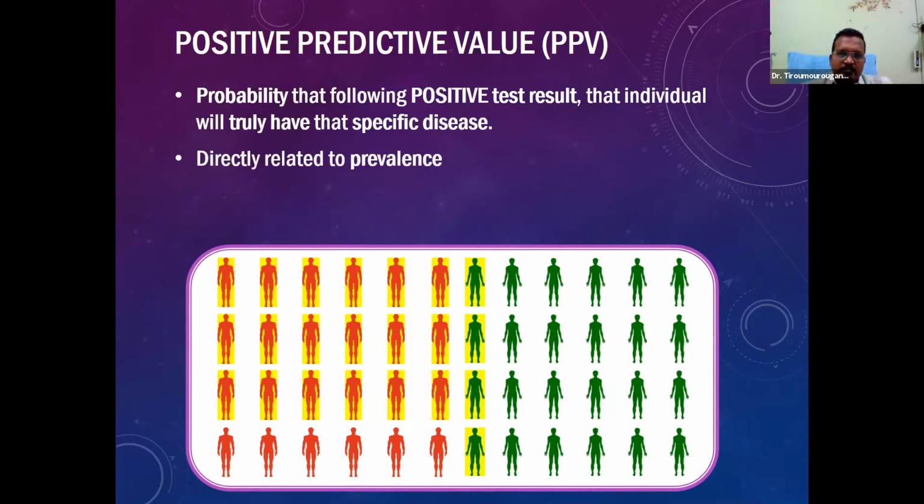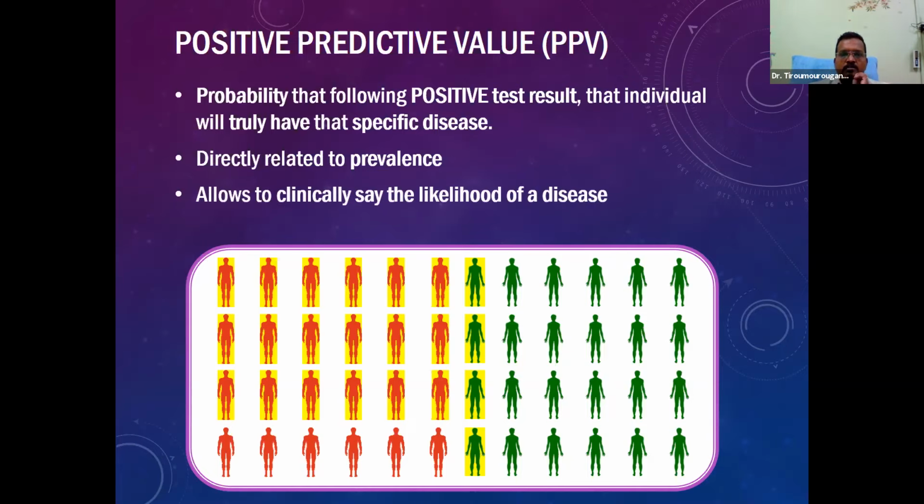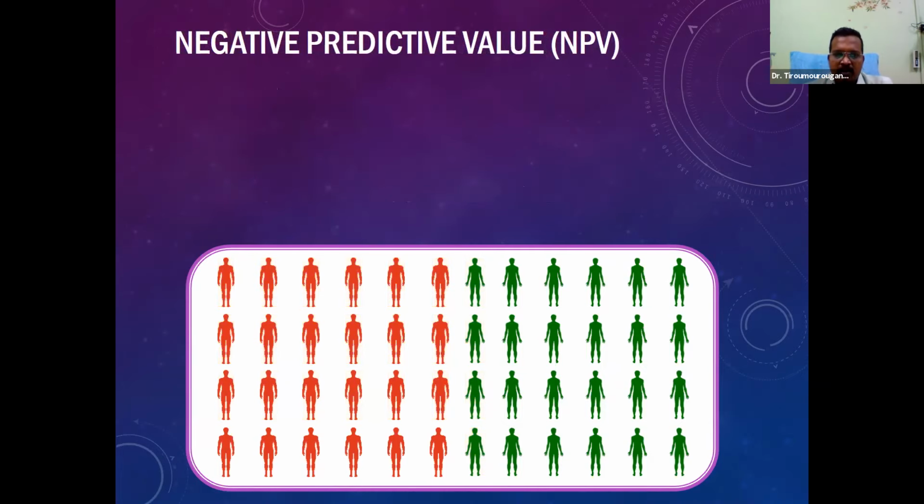The important thing we need to remember is that the same test will have different positive predictive values depending upon the prevalence. The most common pandemic right now is COVID. When we are in the height of the pandemic, the rapid antigen test, the RAT, is very useful. Whereas when the prevalence of the disease has gone down, the same test is not very useful, and that is what we need to keep in mind when we talk about positive predictive value. So it talks about the likelihood of having a disease when the test is positive.